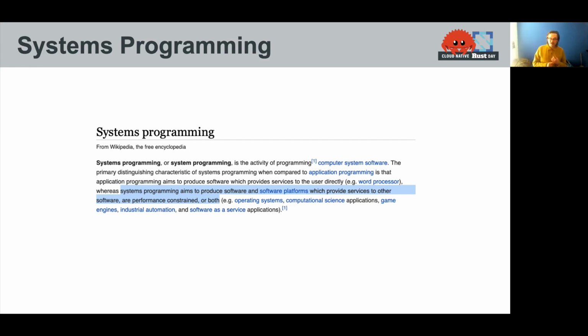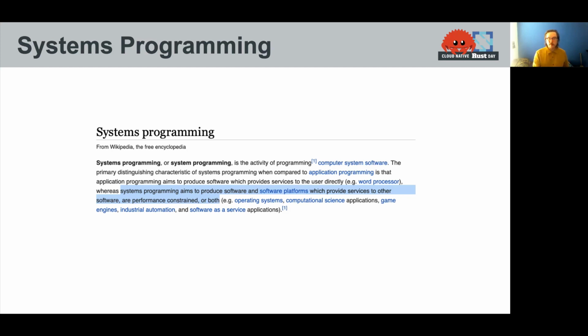Rust is a native language, meaning we actually compile to native code. We're not running in a JIT or a runtime or a VM. And so we have access to low-level memory primitives and things like that. But we also need to do that safely. And that's where I think Rust really shines.